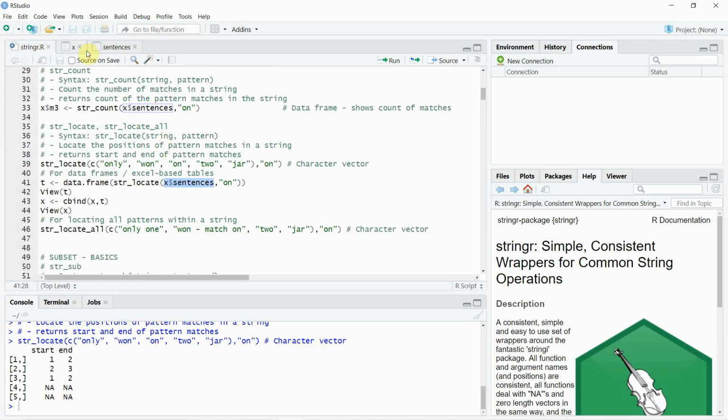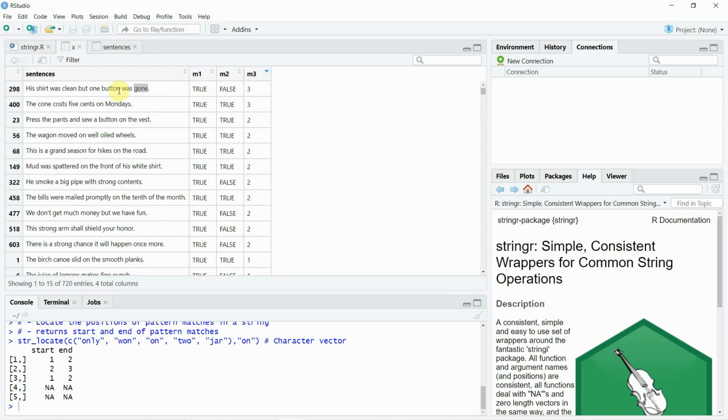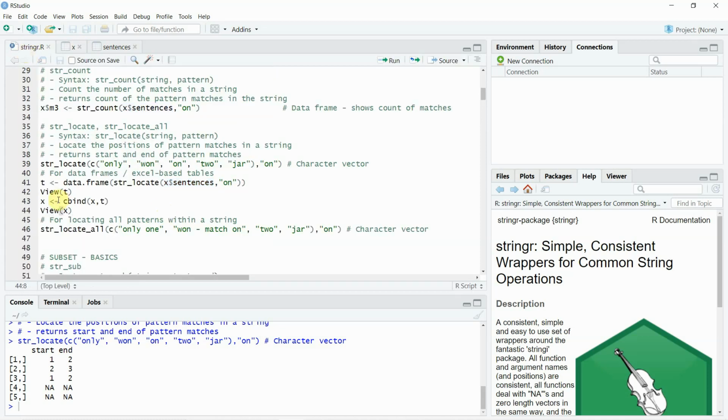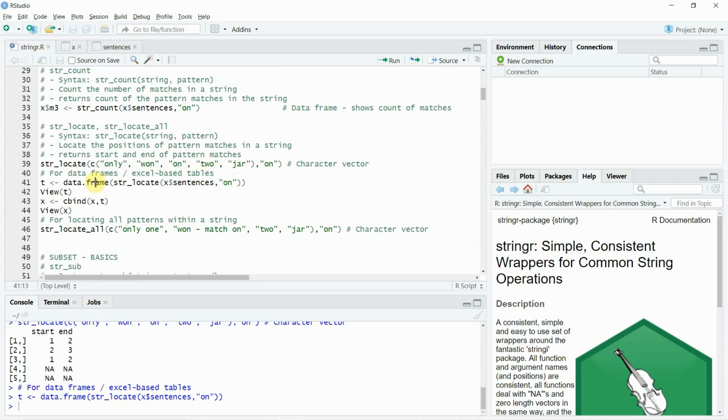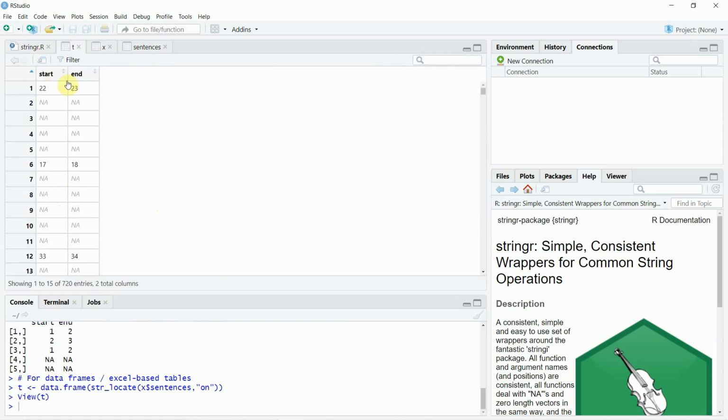because our pattern is "on", right? So in this case we will not get a value. I mean, "button" and "gone" will not be captured. Only "one" will be captured in row number 298, right? So let me just quickly run it. I've pushed this into a variable called t, and let's just quickly view t, right? So you can see the start and end,